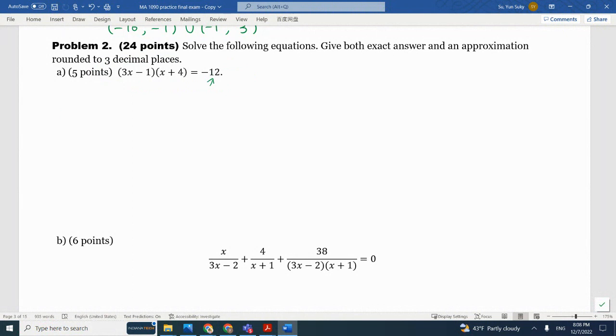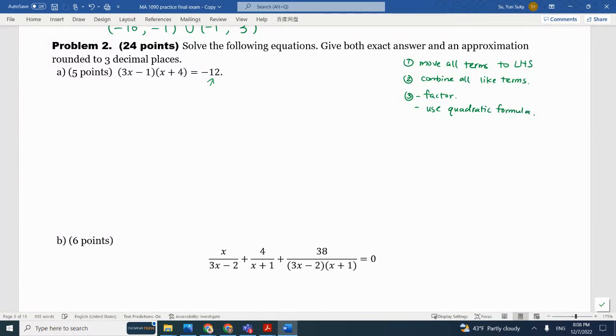So when you solve quadratic equations, you want to move all the terms to the left hand side, and then you want to combine all the like terms, and then factor. Either factor or use the quadratic formula